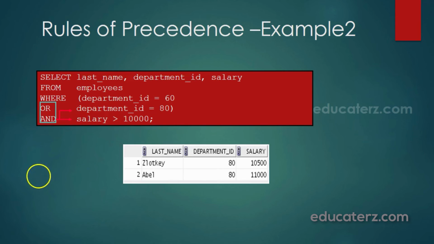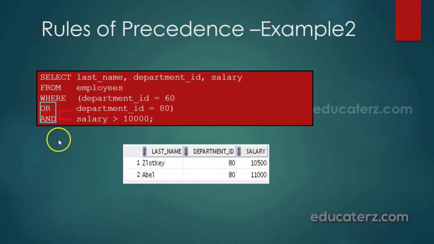So there are two conditions here. Department ID is equal to 60 or department ID is equal to 80. Either of the conditions is true and salary should be greater than 10,000. Then the record will be picked up for the display.